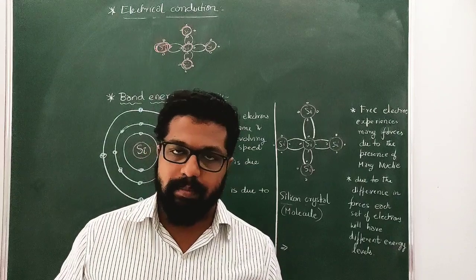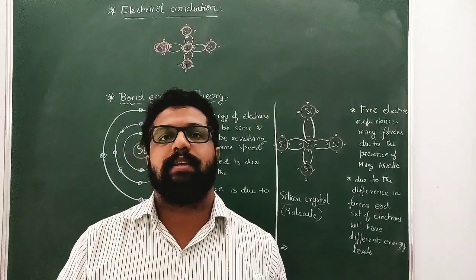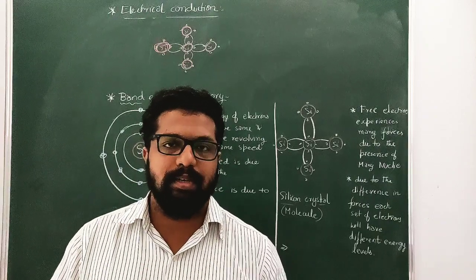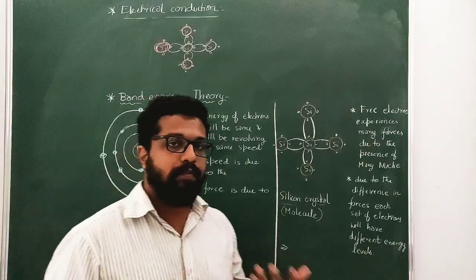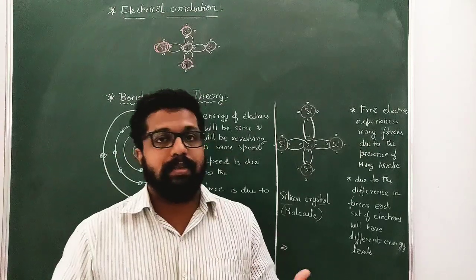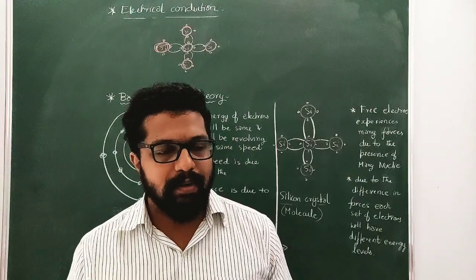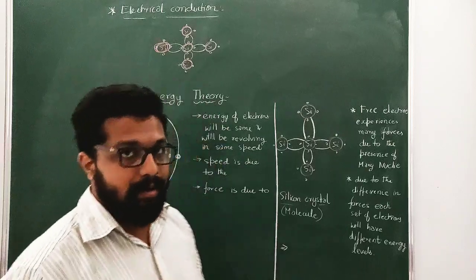In your book it might be germanium or any other crystal, but you can write any example you want. My example is silicon. It's a simple crystal with 4 free electrons. We have already seen the creation of holes, why and how it happens, and the use of holes and electrons. With that, we will move on to the next small concept, which is electrical conduction.